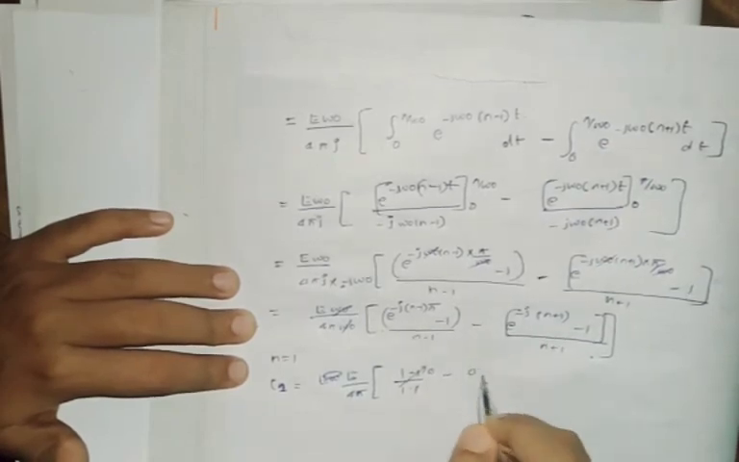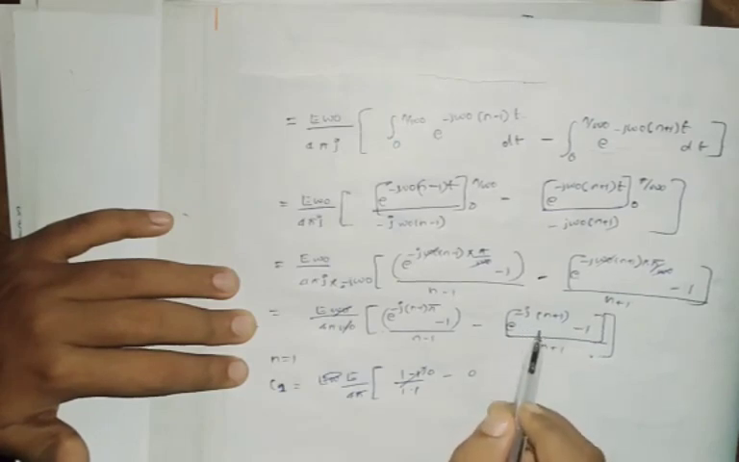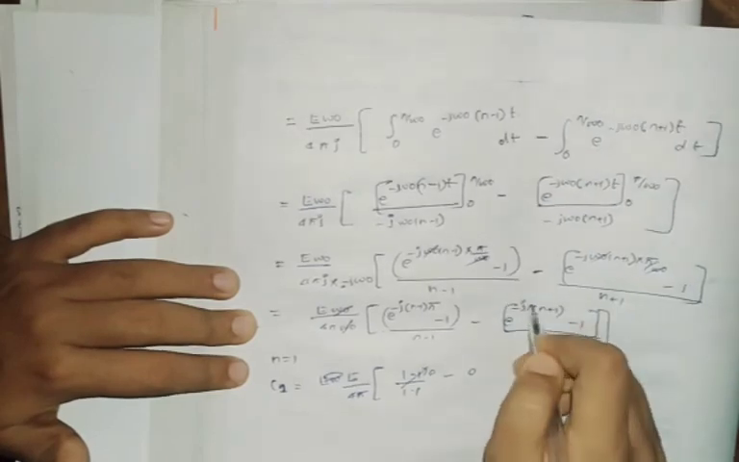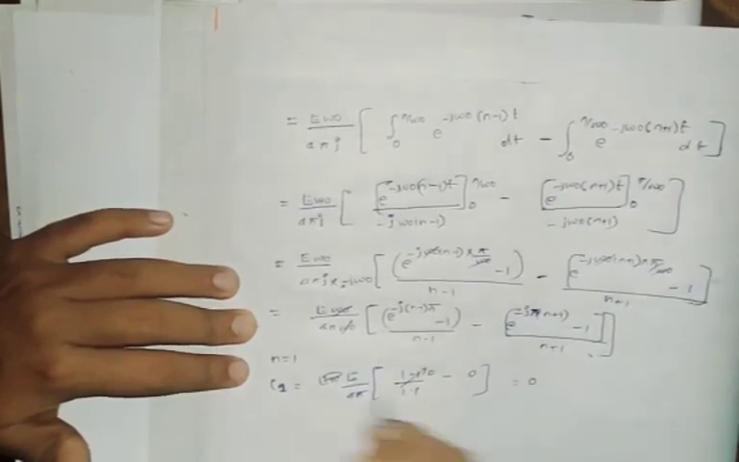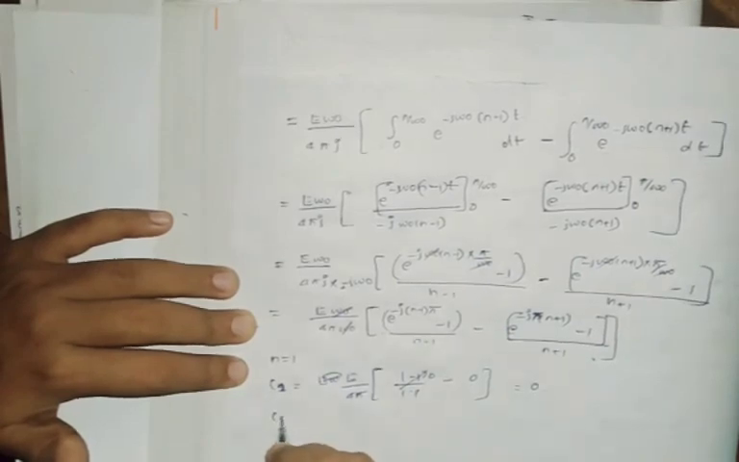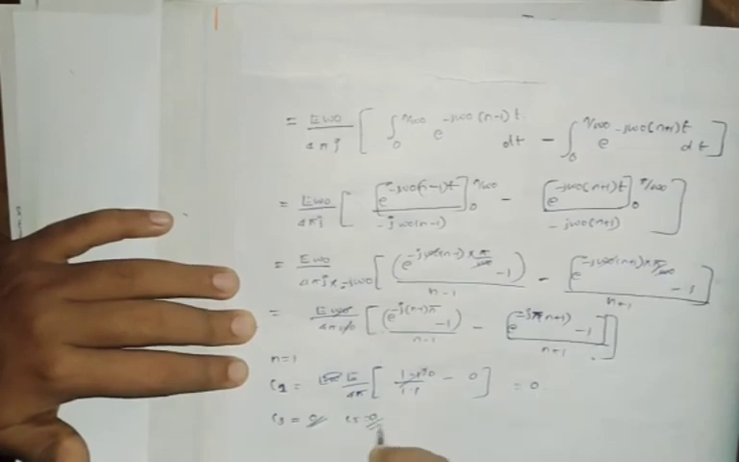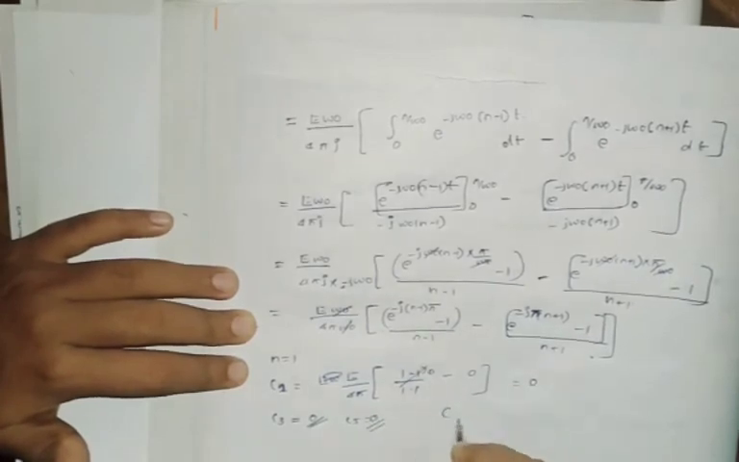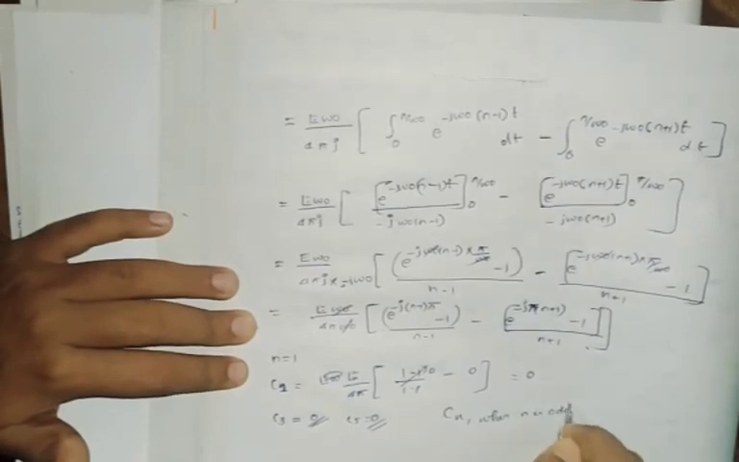Here also it will be equal to 0. N is equal to 1, C1 is equal to 0, and n is equal to 3 also it will be equal to 0. N is equal to 5 also it will be equal to 0. So I can generalize it as Cn when n is an odd number equal to